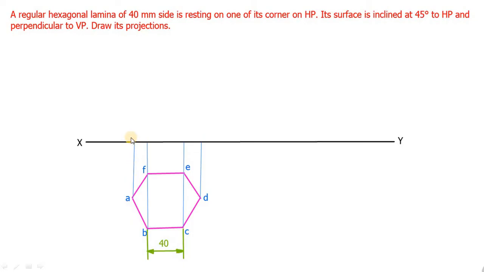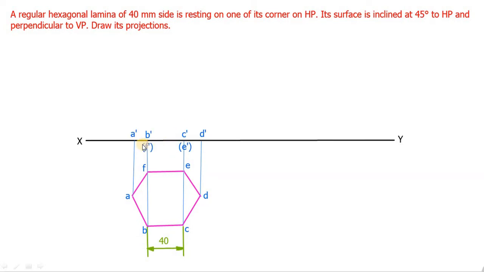So this point can be named as A dash. Since it is front view, you can name this as A dash, and this as B dash, F dash, and this as C dash, E dash, and this as D dash. So when you see from here, F will be invisible and E will be invisible. So these two names should be in bracket when you mark on front view. Okay. See here, I have marked all the points A dash, B dash up to D dash. Similarly, F and E is in bracket since it is hidden. Okay. So join A dash and D dash to get front view.